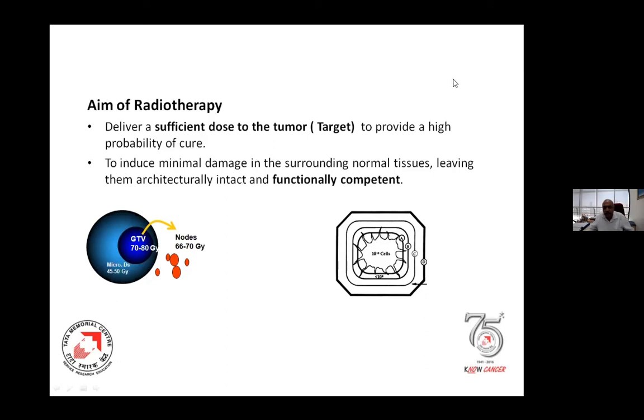And you understand, in a target, we are going to have a very high tumor burden, a large number of cells. And as we go further into a distant area, the tumor burden decreases. So we have to ensure that what we treat is this whole area, okay? And leave behind these areas with no dose or minimal dose, such that the normal organs are fully normal in terms of function too.